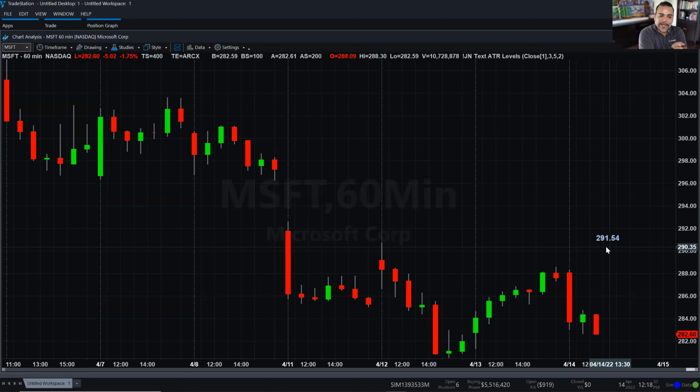It's static because now it's referencing the ATR values of the prior bar and the closing of the prior bar. So it's not until this bar closes that I'll get an update on that level. Does that make sense? All right. Sometimes